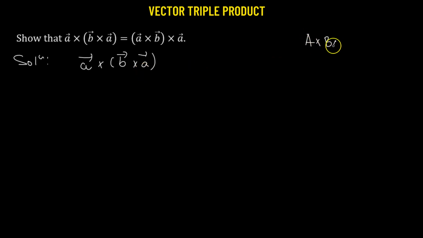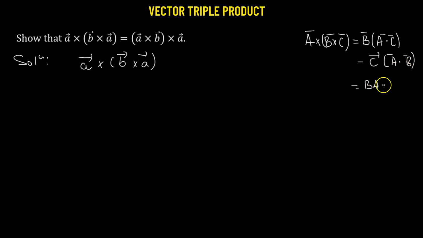the identity. If we have A crossed with B cross C, then this will be equal to B vector multiplied by A dot C, minus C vector multiplied by A dotted with vector B. And this is the familiar BAC-CAB rule. So this is a mnemonic technique that we can use to remember the identity of A crossed with B cross C. Now what we will do, we'll consider this as vector A, this is vector B, and this is vector